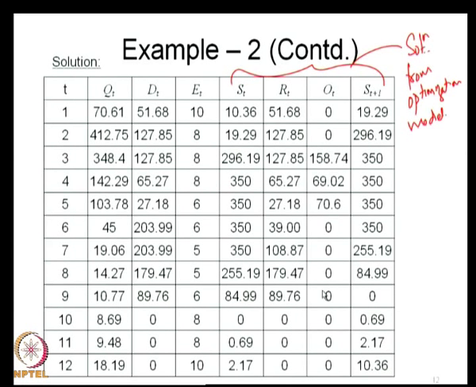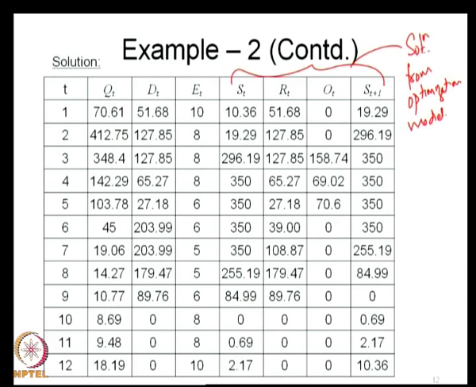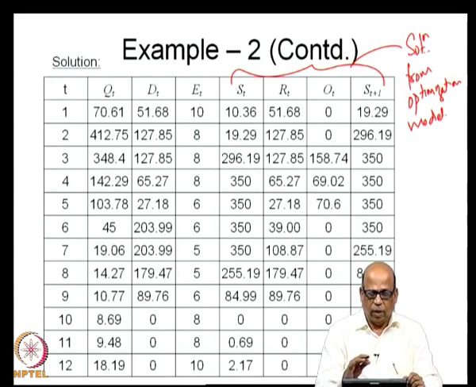For example, if you started with storage equal to 200, perhaps you will get an identical result as you obtained in SOP, because this is a very simple optimization problem, where we are simply looking at maximization of R. We are not saying that the deficit should be minimized or something, simply we are looking at maximization of R. Now, this will define the policy.